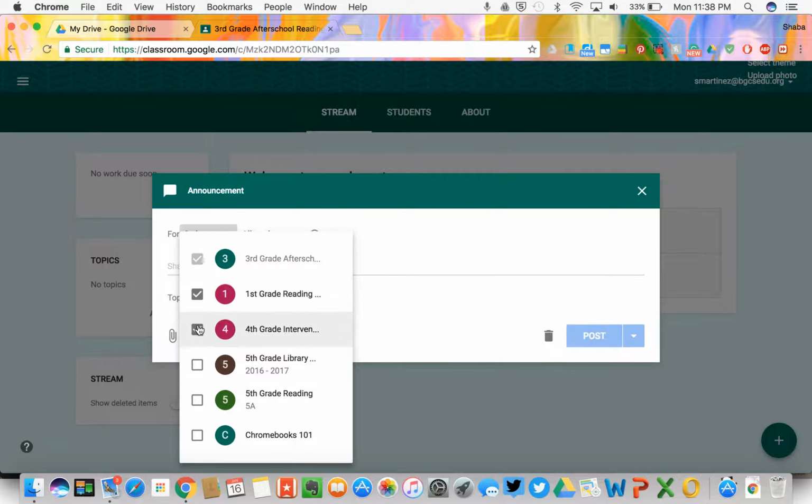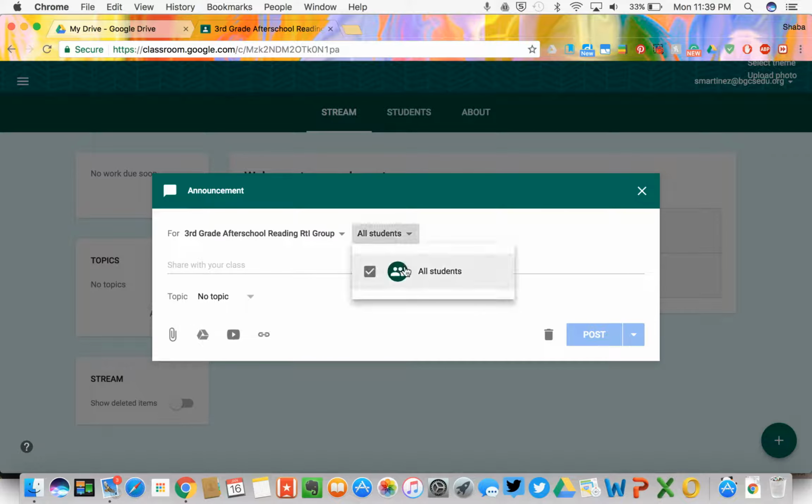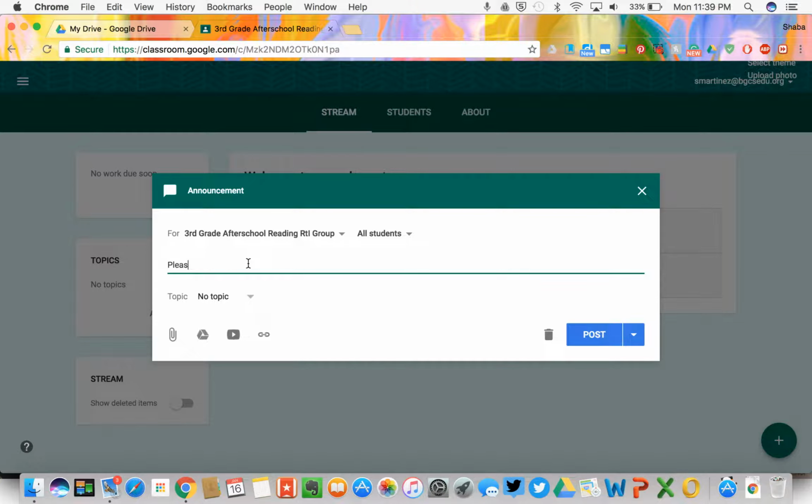But I can actually select this to send it to multiple classrooms at once if I'd like, which is really awesome if I teach, say, two or three sections of a fifth grade reading class. If I teach 5A, 5B, 5C, I can select multiple classrooms and select them all at once. I can send this out to all my students, or I can send it out to individual students. Currently, I don't have individual students tied to this class, so it's just defaulting to all students. I can type what I want to share with my kids. So for example, if I want all my kids to take their Easy CBM test, I can say,